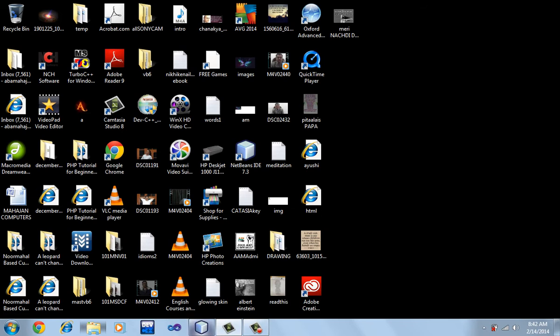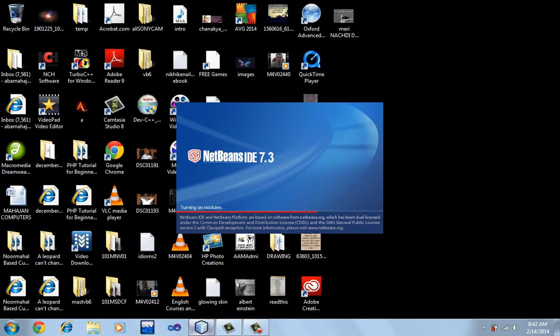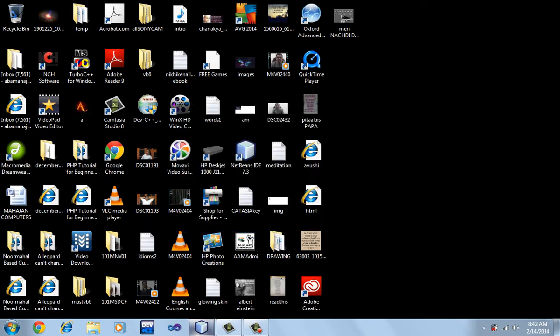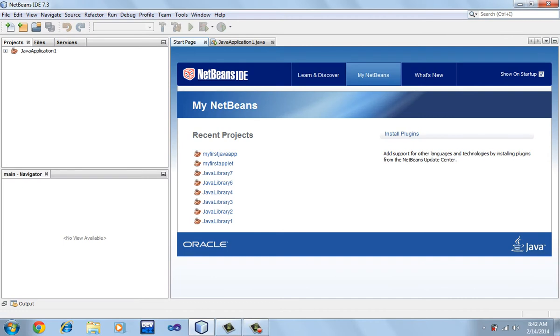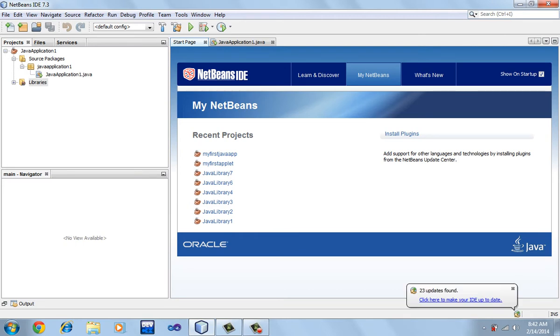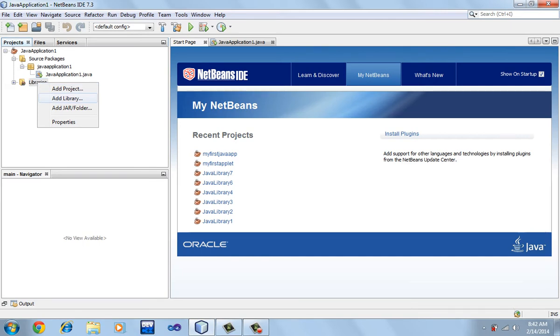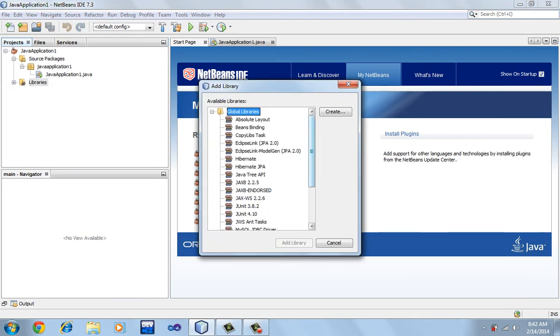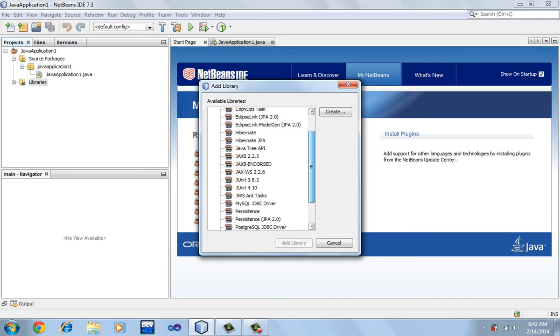Now I am going to open NetBeans. Takes some time. Another step that is required before writing the code is to go to Libraries, right click on it, then Add Library, and you will see a list of available libraries.